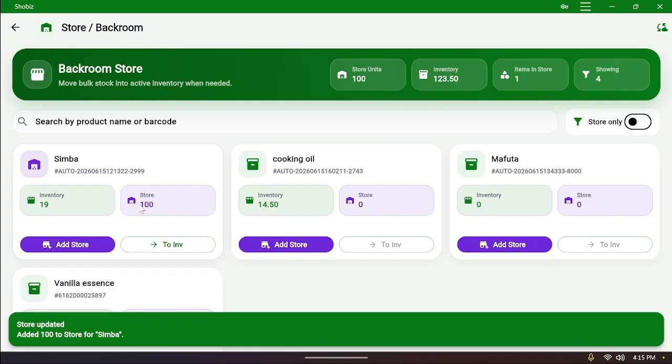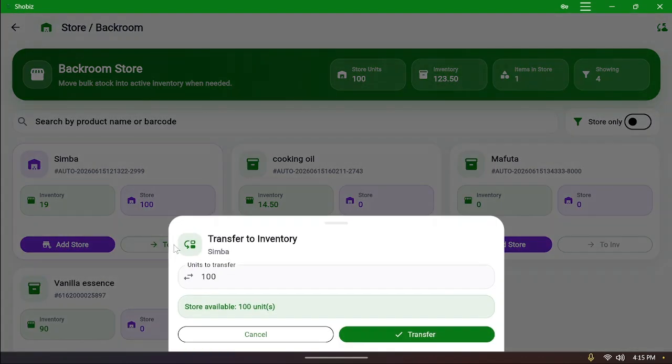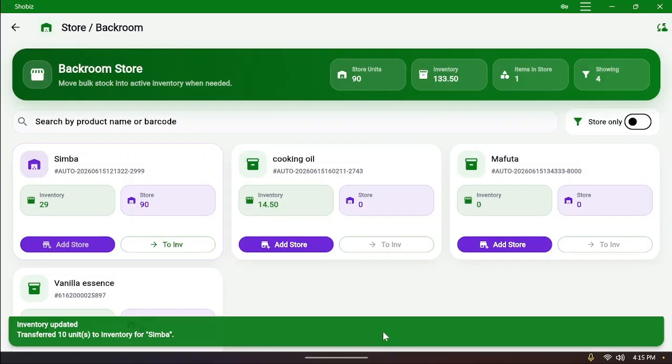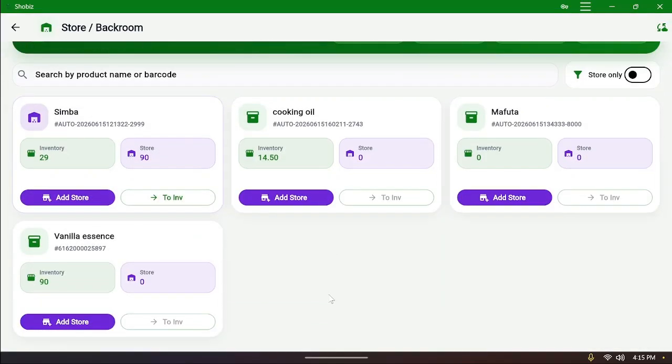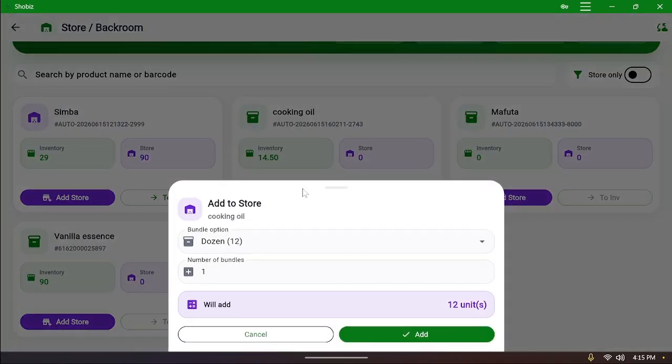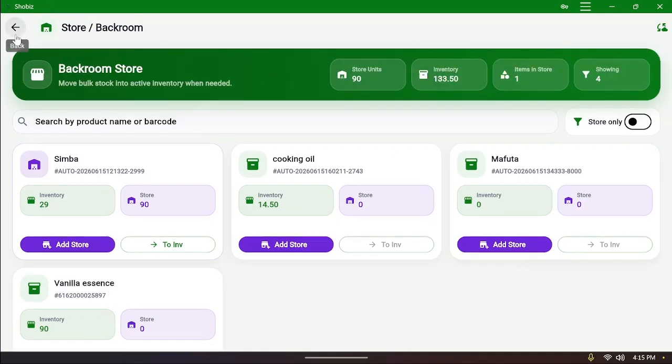Then you can actually see that in the store we have 100, and then on the inventory we have 19. If you want to push items from the store to the inventory, then there's this to inventory, and then how many are you sending. So let's say you're sending 10 cements, you can always click here transfer. Then now we have 29 at the inventory level. All right, so you do the same thing, click on add if this is the one that you want to add, and so on and so forth. All right, so if we go back,